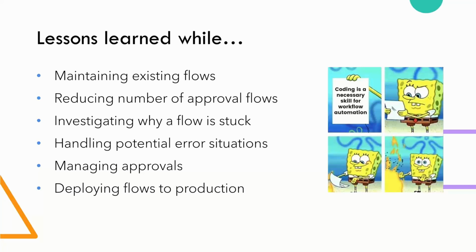So nobody has an idea what a status is, and then trying to find out what happened inside the flow so you know what to do for next time can be quite hard. And then, of course, when you find out why a flow is stuck, why it failed for some reason, you need to handle that error situation for the next time. So you need to change your Power Automate flow to handle error situations.